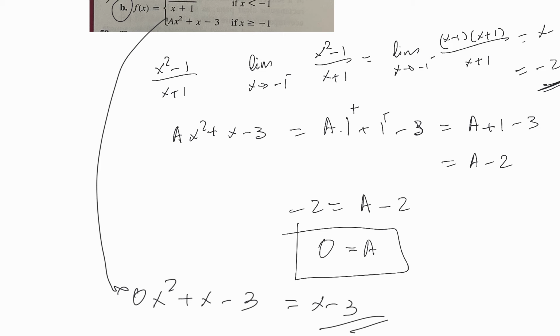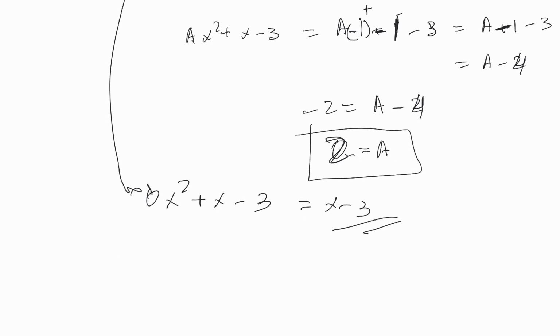When x equals minus 1, here is correct because minus 1 squared is correct, but here it is minus 1 minus 3, minus 4. So a minus 4 equals minus 2. So 4 minus 2 is 2. So a should be equal to 2, now the function should be 2x squared